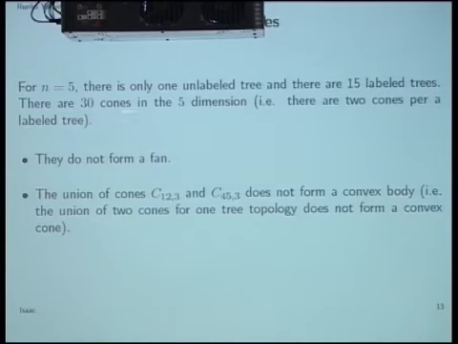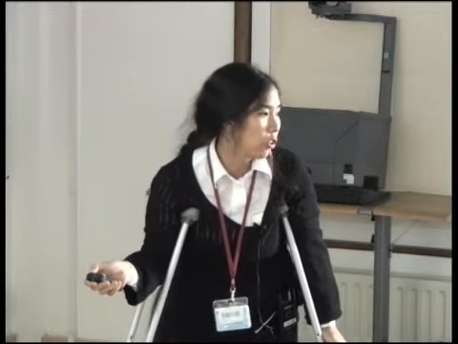So all distance matrices of these cones return the same tree topologies, but if I take the union of them, they do not form a convex body. We have a specific example in the paper, I don't remember it, but it's not nice. They are not nice cones, these union cones. Okay, so n equal to 6 gets more complicated because there are 2 unlabeled